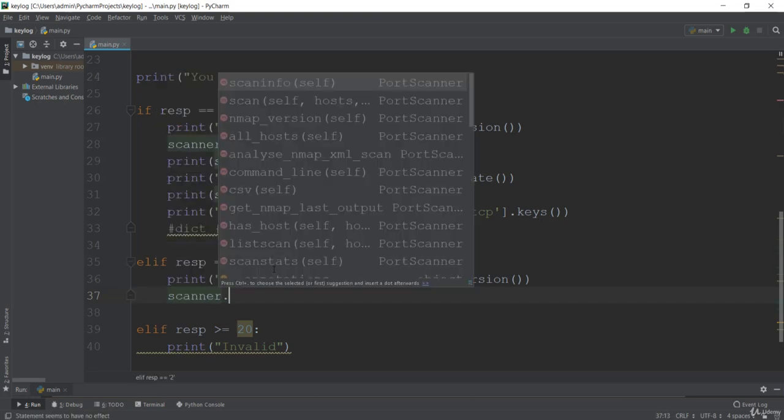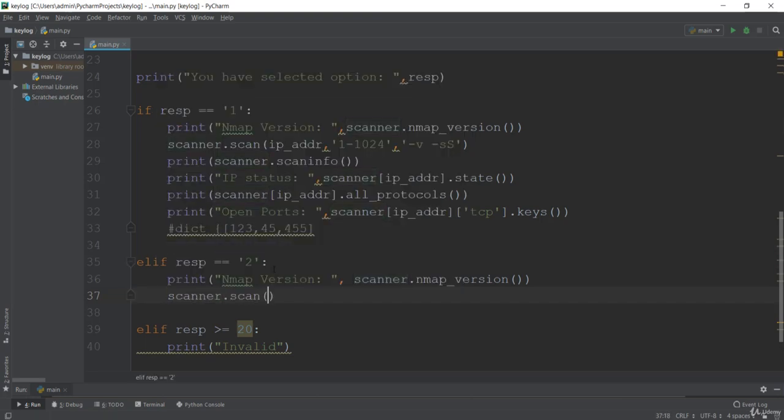So I'll just say scanner.scan. If you remember, this is the UDP scan. So first of all, I'll put the IP address, and the next thing is the port. The port will be 12124, and the next one here would be the argument. In the case of the SYN scan, we used verbose and something like this, which was for the TCP scan, but this is now the UDP scan. So first of all, we'll do the verbose flag, and the next one is -sU. As you can see, sU is for the UDP scan.